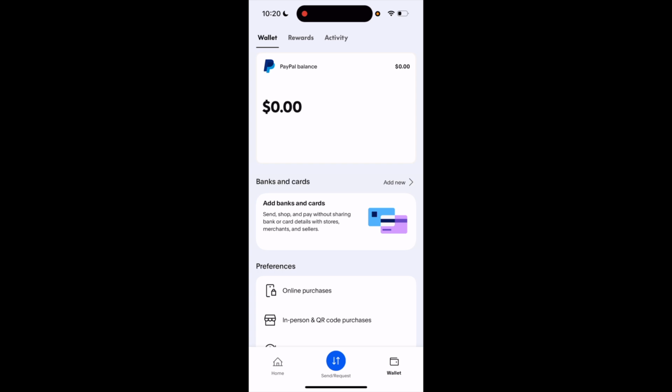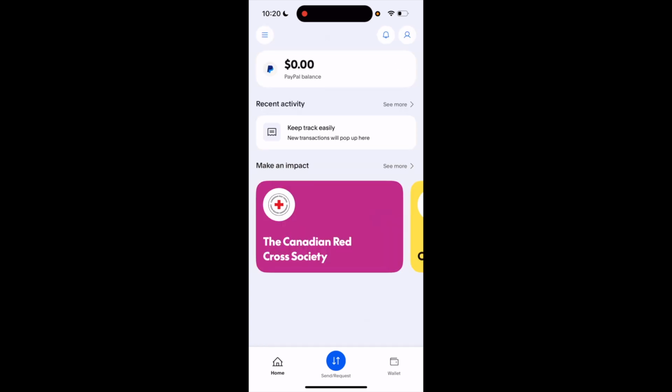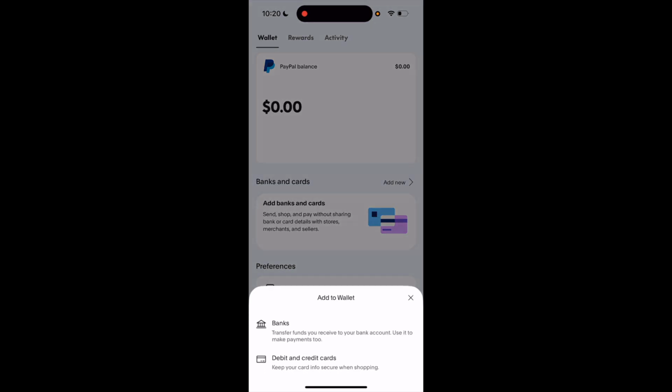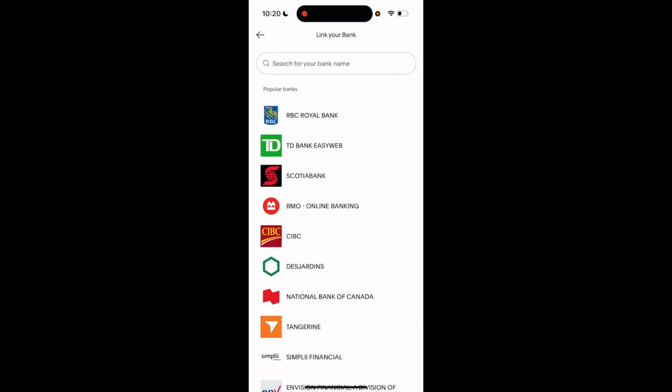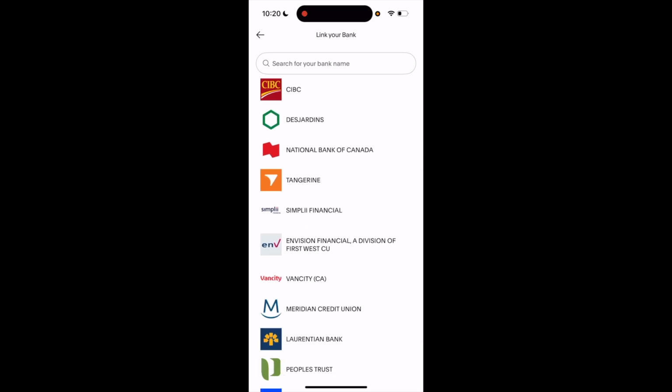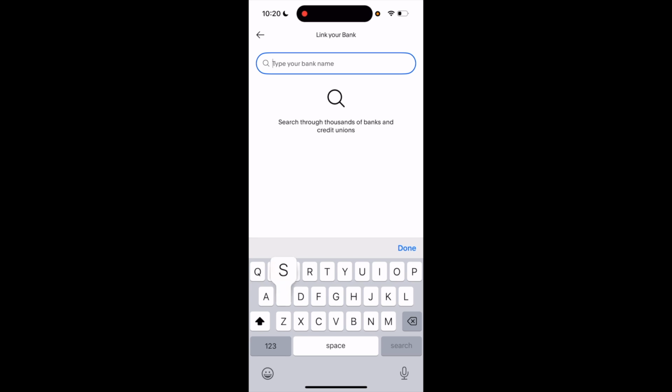So if you're on the home screen, go to the bottom right, press on Wallet. On this page right here where it says Banks and Cards, press on Add New, and then press on Banks. Once you're here, if you scroll down a little bit, you will see Simplii Financial. If you don't see it, just go to the top search bar right here, type in Simplii Financial, and then